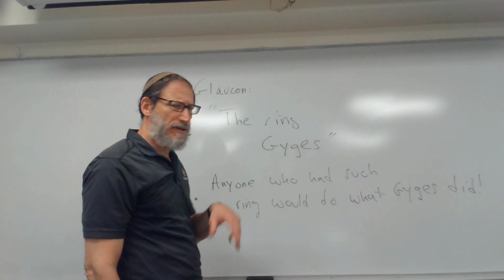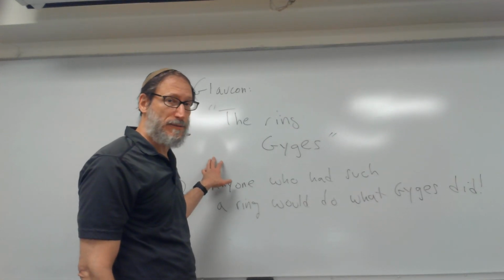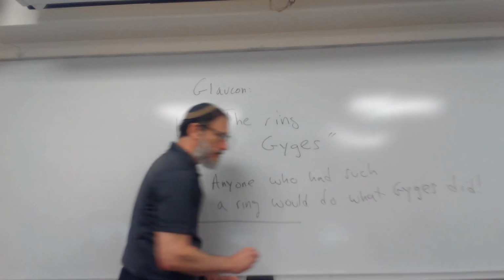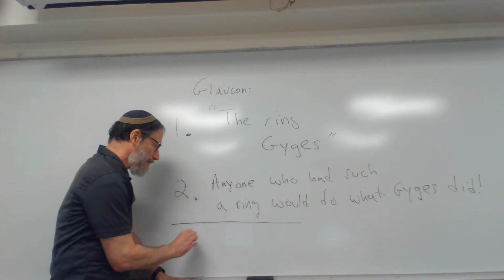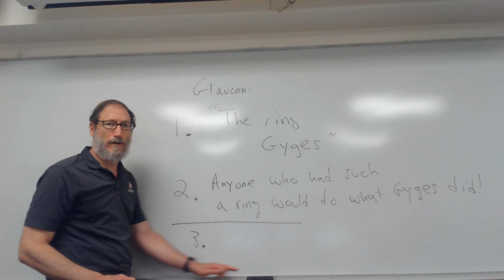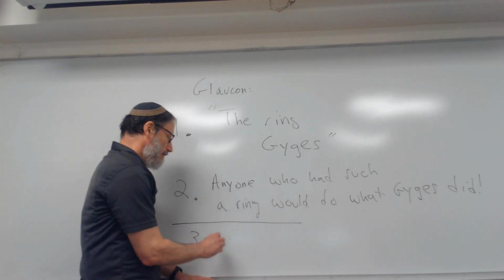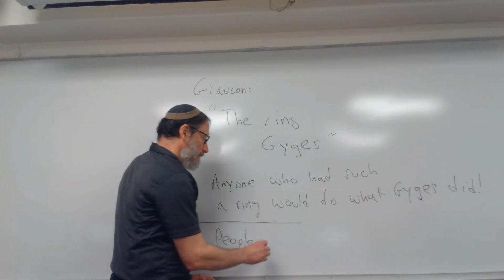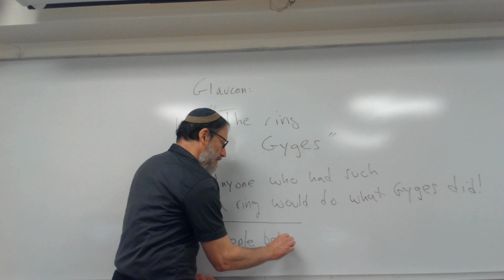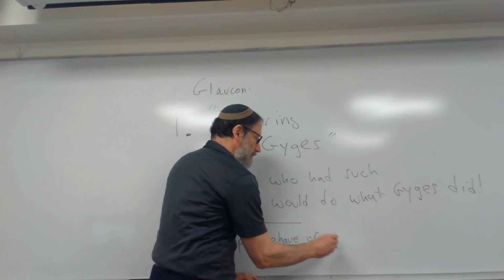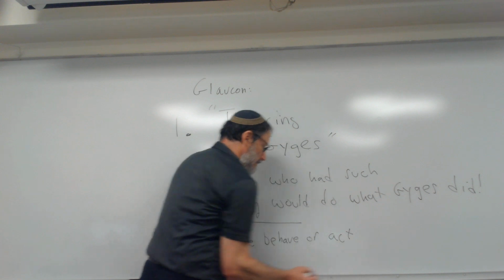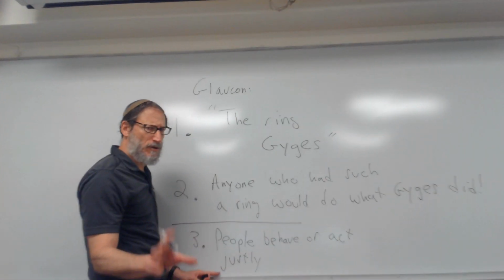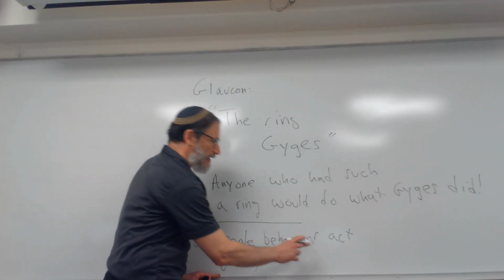So now we're going to come back and we can talk about some questions and criticisms about these claims. But the conclusion, and now we're getting to what I said before, is the claim that Glaucon makes, and we're going to write it down over here: that people, human beings, behave or act justly. People are just, and we'll come back and talk about that word in a minute. People behave or act justly